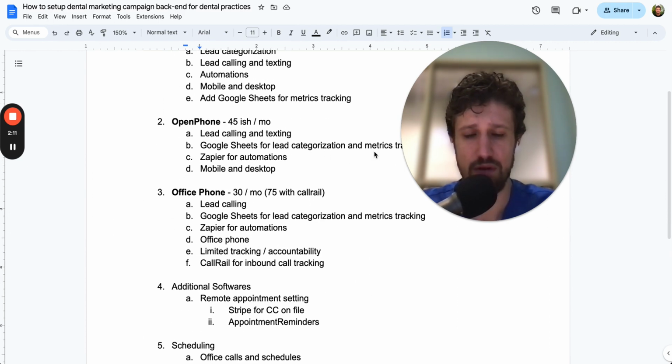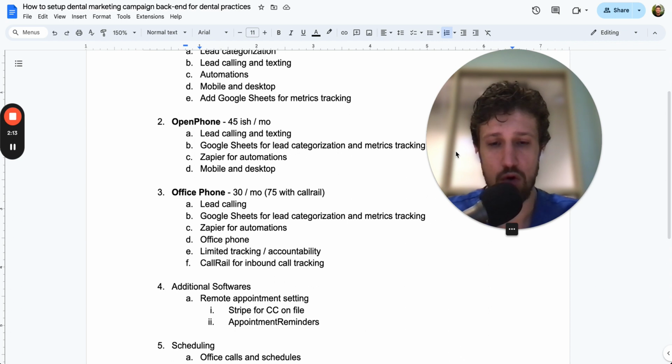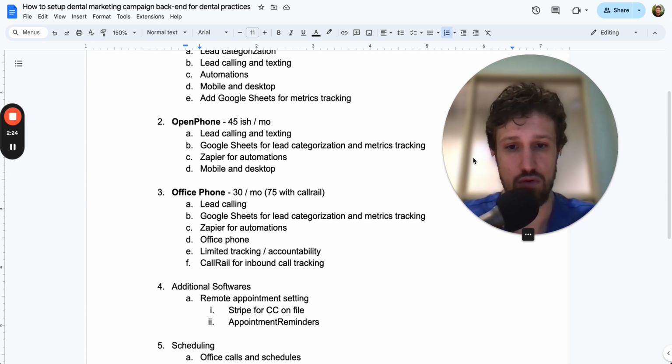The second method would be using a service called OpenPhone, which is just my preferred phone system outside of High Level. So with this phone system, you get lead calling and texting. You would, again, have to use Google Sheets for metrics tracking, but also for the lead categorization. So on OpenPhone, you will use Zapier for automations, as you can see here in point C. So once a lead comes in, we'll use Zapier to zap that lead into OpenPhone and zap that lead to